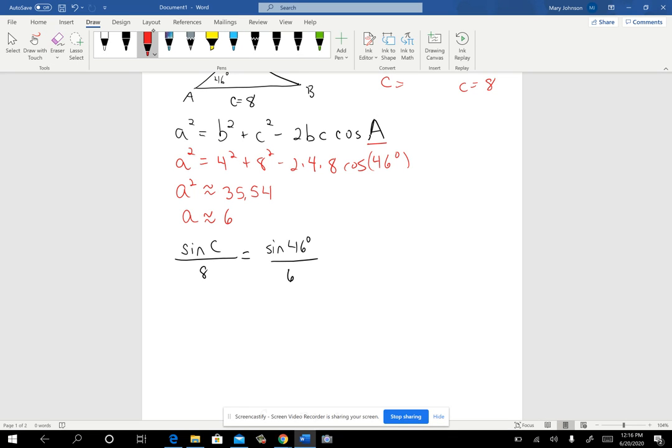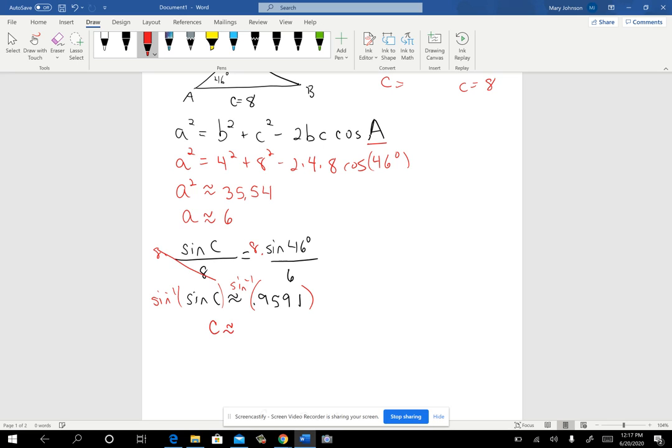Okay, and when I multiply both sides by 8, I get that sine C turns out to be about 0.9591. I like to keep at least 4 decimal places here. Okay, and then remember we can undo this by doing sine inverse of this on both sides. But here's where some of the issues happen. Okay, so if I do sine inverse, which is second function sine of 0.9591, what I get is that C